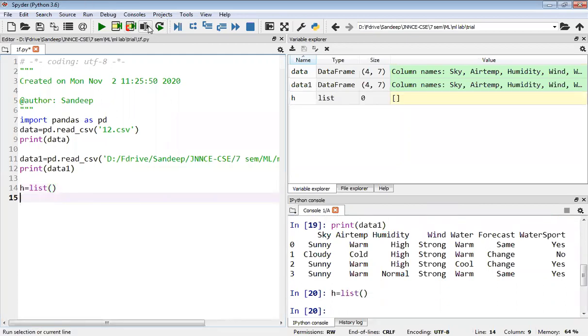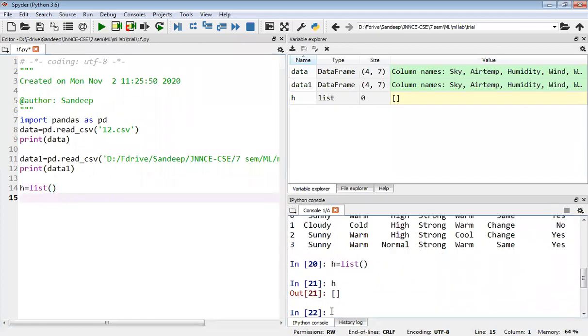So I will create an empty list. You can see here H. It is an empty list now. H is a hypothesis. H is equal to an empty list, and it is null. So that list is now null.